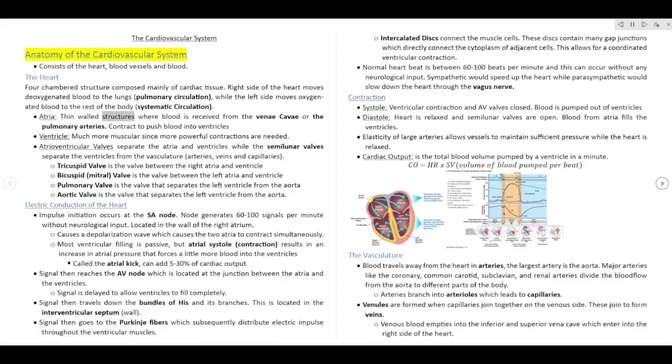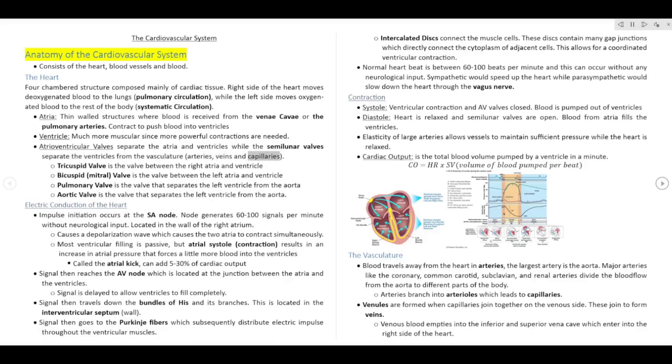Atria are thin-walled structures where blood is received from the venae cavae or the pulmonary veins. They contract to push blood into the ventricles. Ventricles are much more muscular since more powerful contractions are needed. Atrioventricular valves separate the atria and ventricles, while the semilunar valves separate the ventricles from the vasculature, arteries, veins and